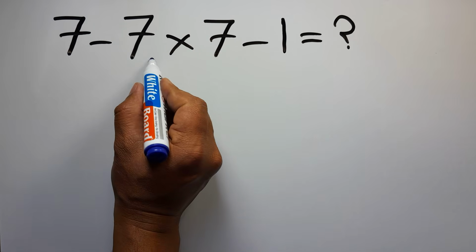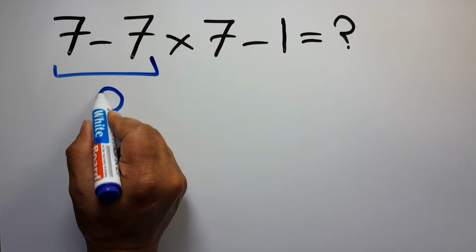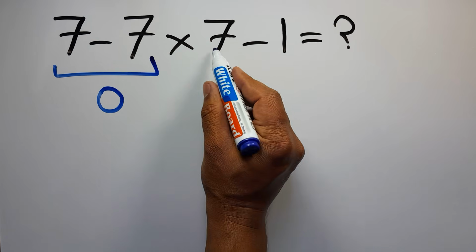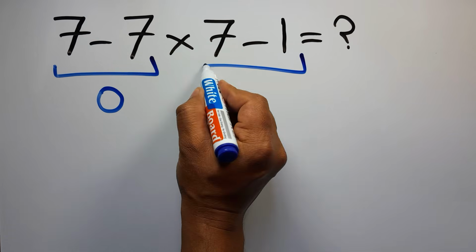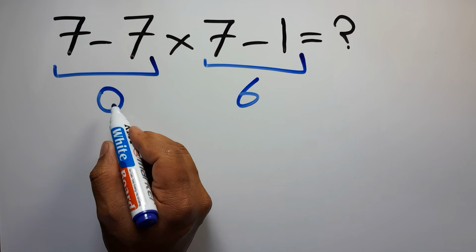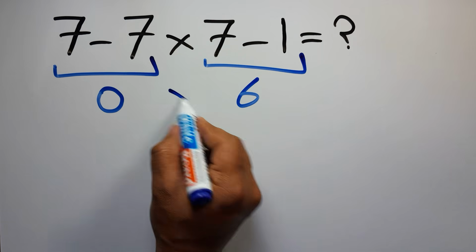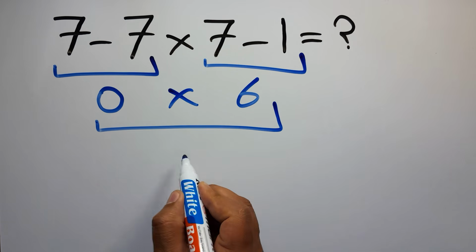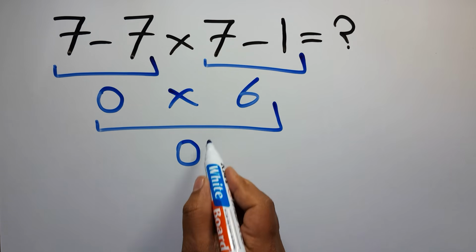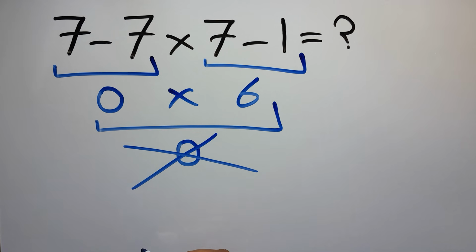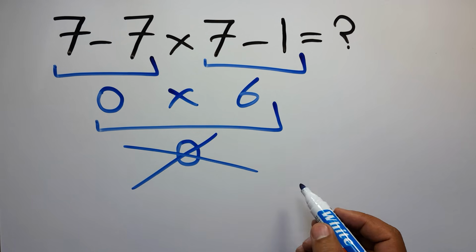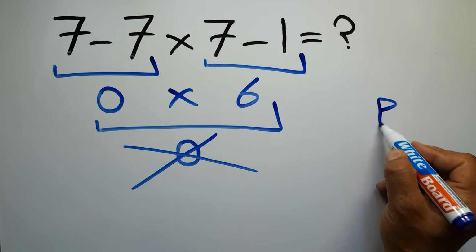7 minus 7 equals 0. And here we have 7 minus 1, which equals 6. So 0 times 6 is just 0. But this answer is not correct, because according to the order of operations, which is PEMDAS,